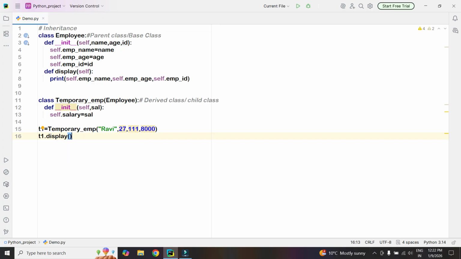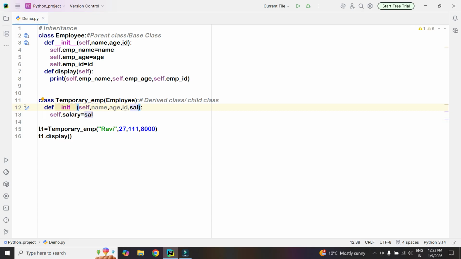So we pass 5 properties, but inside init we take only 2: first self, the name of the current invoking object, and second the one parameter, and that is the reason we get the error. So to fix this error, we have to pass name, age, employee ID, and salary